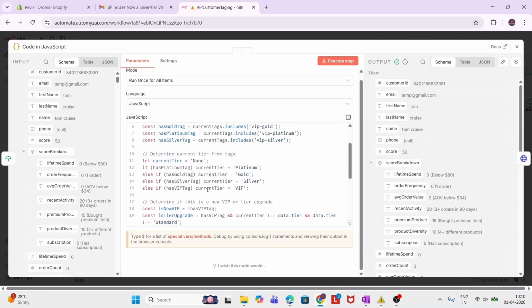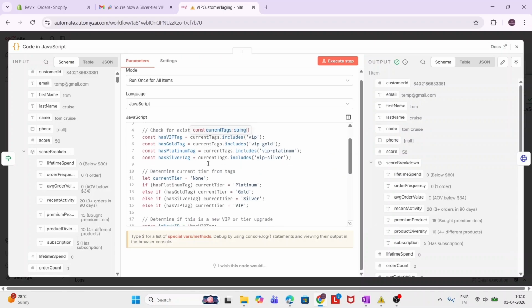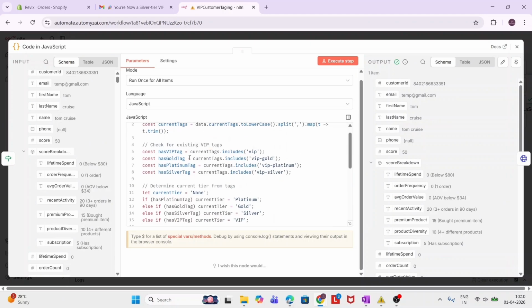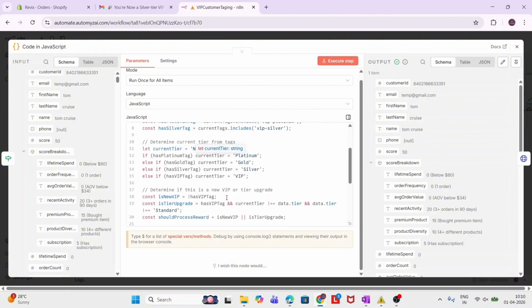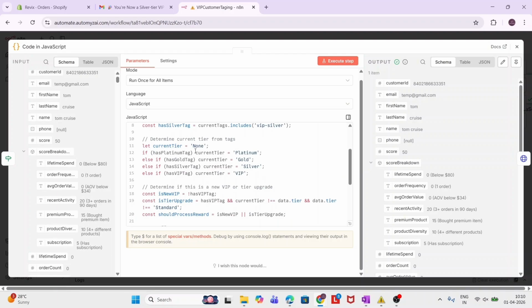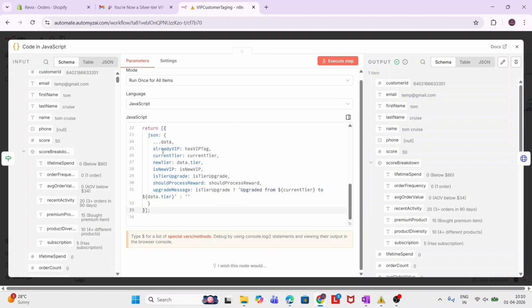the tags to it. Here we have copied, meaning we have taken the data. We are checking has VIP tag, has gold tag, has platinum tag, has silver tag. So we have created some tags here. Then we are applying the current tier. Lastly, we have created one object in which we have updated the tags, like if it is already VIP, what is the current tier, what is the new tier, is tier upgraded,